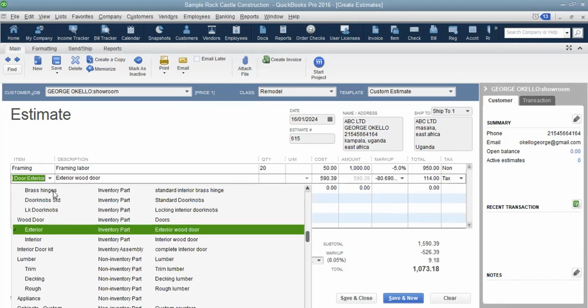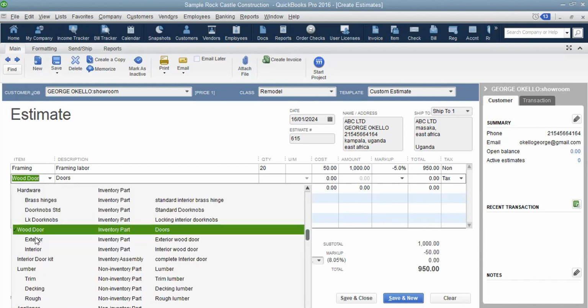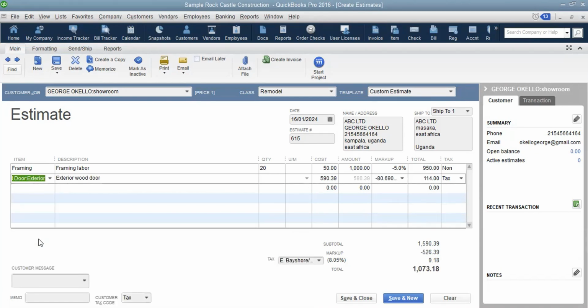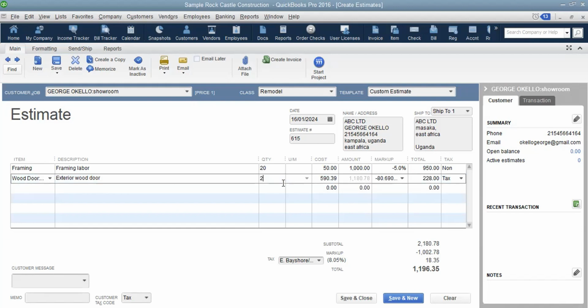But when we selected this wooden door, we had not seen anything popping up here to be the cost, because we had not selected the right item. So we come and select that physical product. We just need maybe 2 of them. Can just put 2. Then it has computed everything here. We can leave the price. The price is okay. The cost, this is the cost,